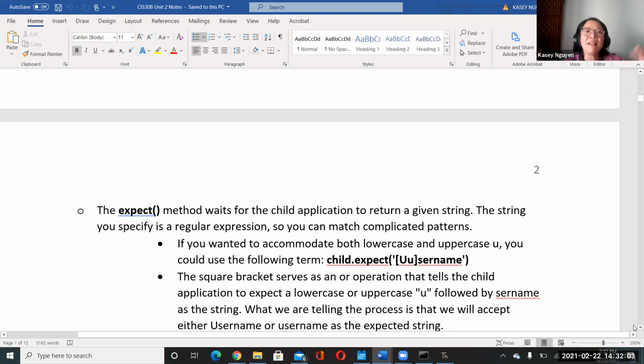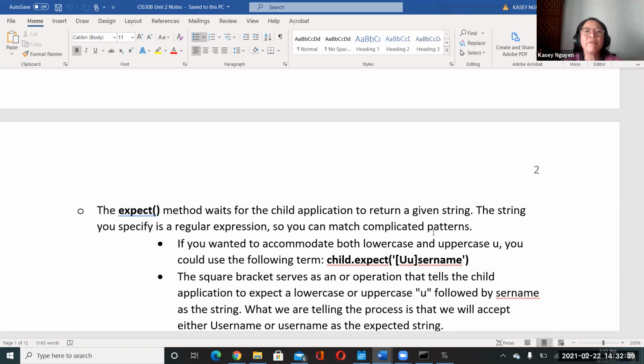Python is pretty good at giving you some built-in methods, which we talked about in CIS30A, like isalpha, isalnum, etc. But regular expressions are often used for input validation across programming languages, including Java, JavaScript, C++, etc. C++ uses regex, which is regular expression, and that allows you to match patterns in the strings you're looking for.